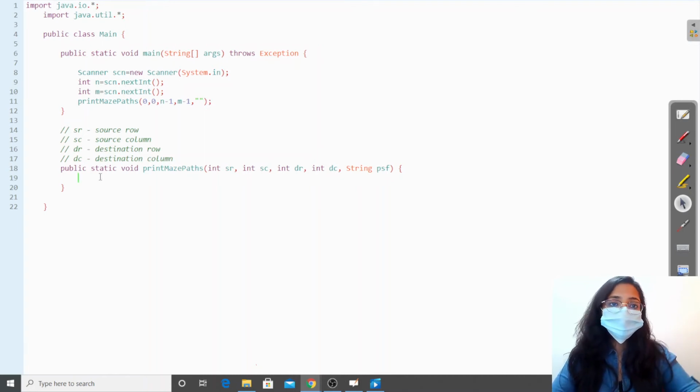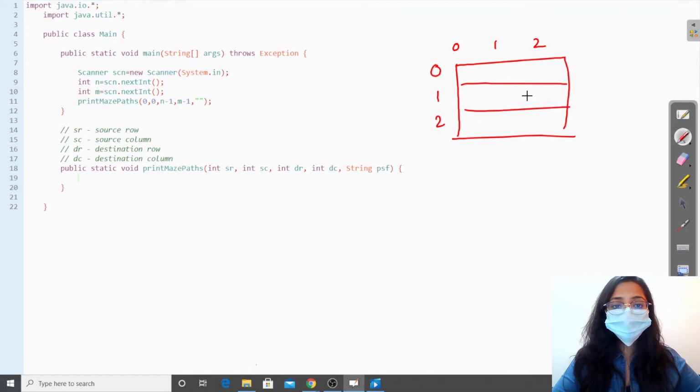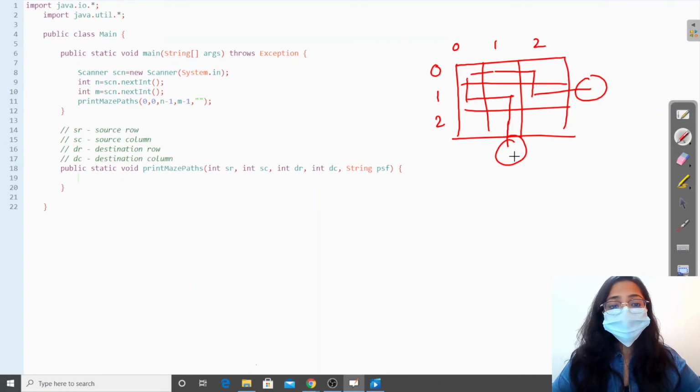Now, when we were dealing with the solution of the problem, we saw that there were cases where I was exceeding the limit of the array, or I was exiting the array while calling the function. So there can be a case where if I get H, H, V and H, I am exiting. V, H, V and V, I am exiting. So there can be cases when I call the function for horizontal or vertical call, I will exit the array because of incrementing the row by 1 and incrementing the column by 1. So what I have to do in this case is I have to manage this case